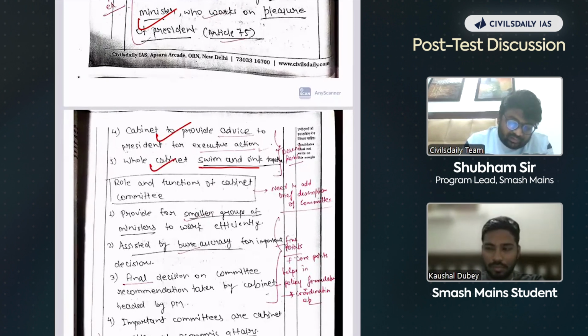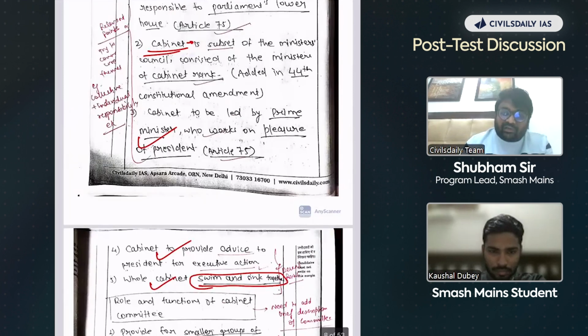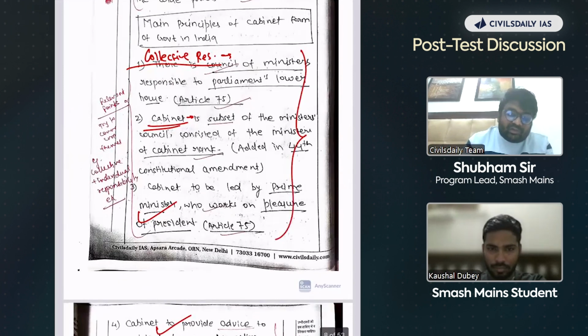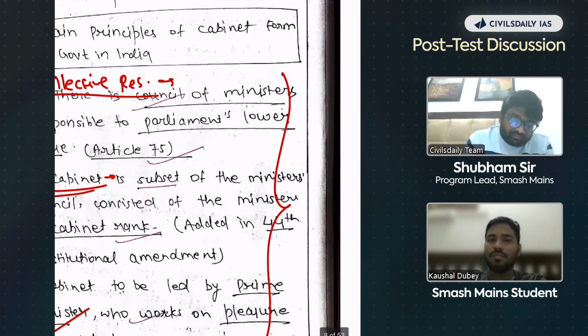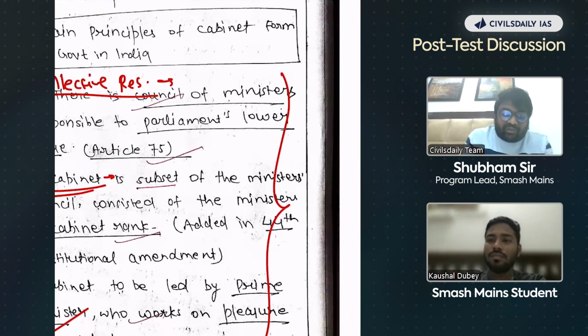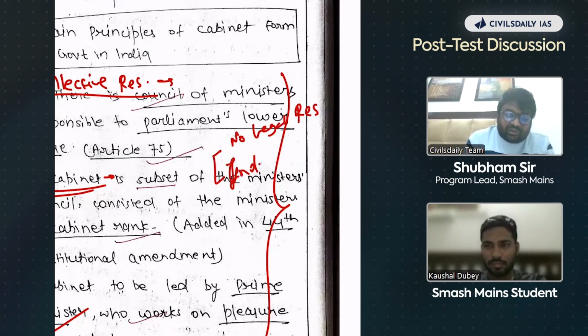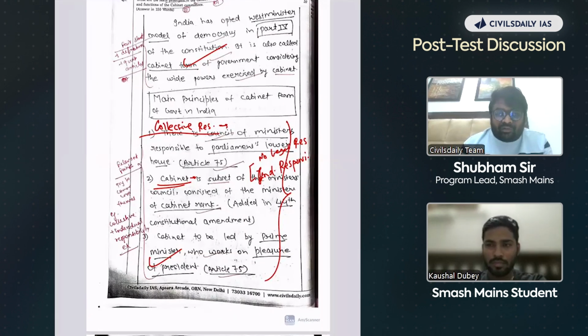This again is under the collective responsibility, but you have missed the core aspects again. The cabinet form of government, the principles of cabinet form of government. In India, they have no legal responsibility. Yeah, the individual responsibility. These are the important aspects which you missed. This is a completely static question from Lakshmikant. So exactly whatever is there in Lakshmikant, that should come as it is, with subheadings.